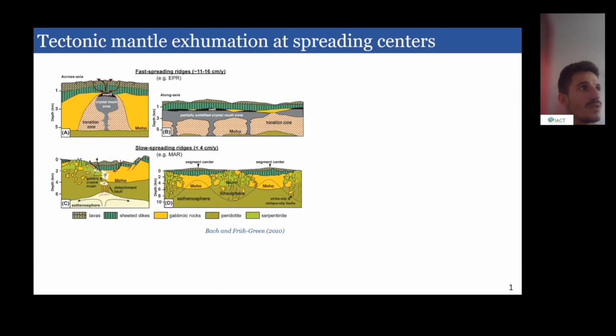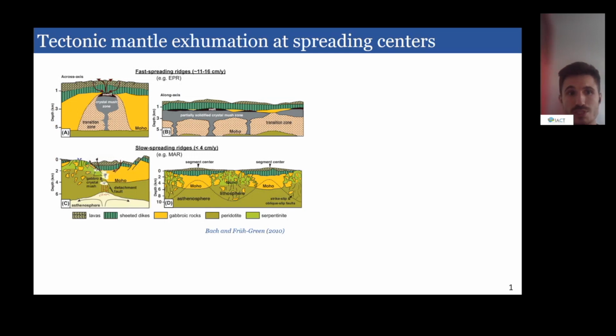To be sure that we are all on the same page, what we know about the spreading centers and the main differences between the fast and the slow spreading ridges. So we will have basically two configurations. At fast spreading centers, the magmatic processes are sufficient to accommodate the full lithospheric divergence, and so this will form a thick and continuous mafic crust made of gabbros and sheeted dikes, and volcanics on top, while at